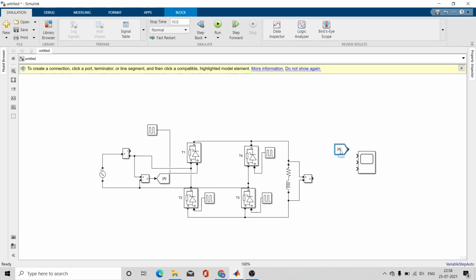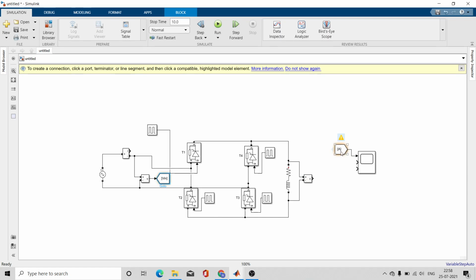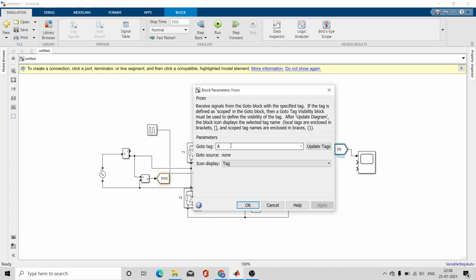Okay, so this is one, and you can give it a name. Okay, you can give it name tag VN. Click on this block also, VN. You can select this one, apply.